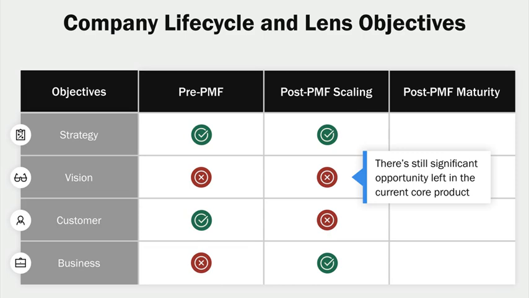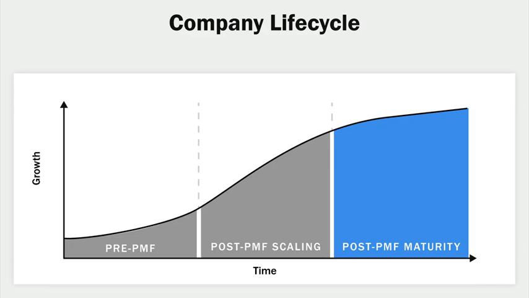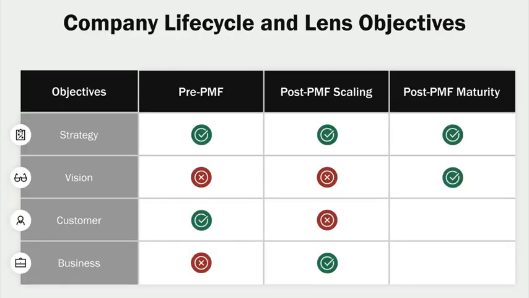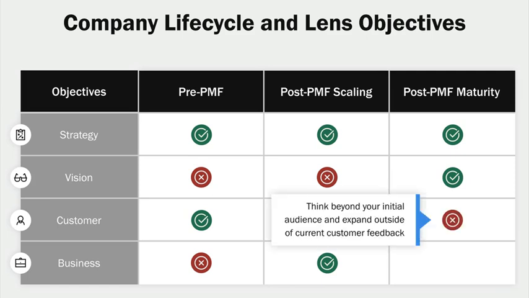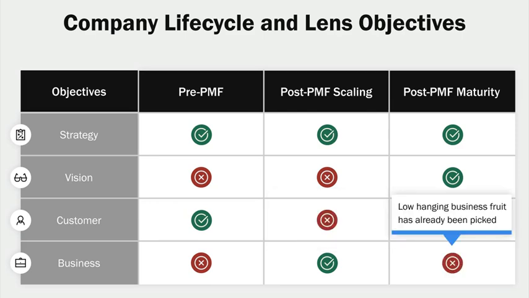current core product. Finally, in the post-PMF maturity stage, you lean more heavily on long-term strategy and vision work to keep yourself growing. By this point, you likely need to start thinking beyond your initial audience, meaning you have to start expanding outside current customer feedback. Additionally, your low-hanging business fruit likely has been picked, meaning you have to focus on bigger, more needle-moving wins from your strategy and vision lens to make a significant